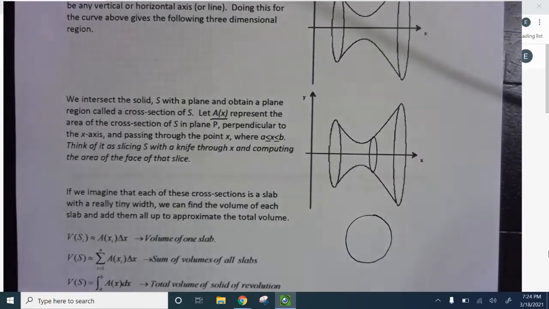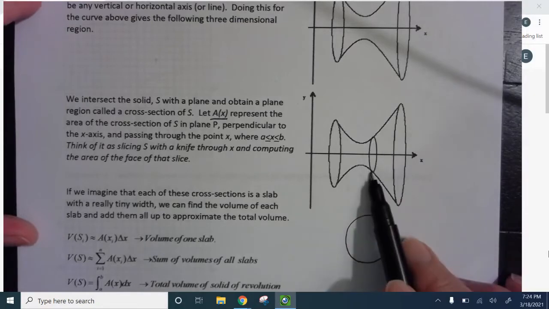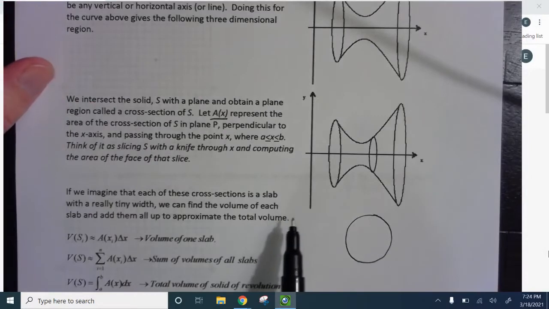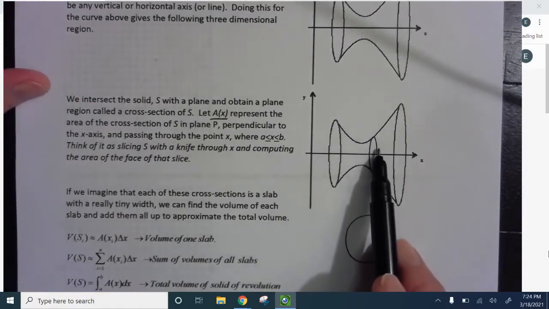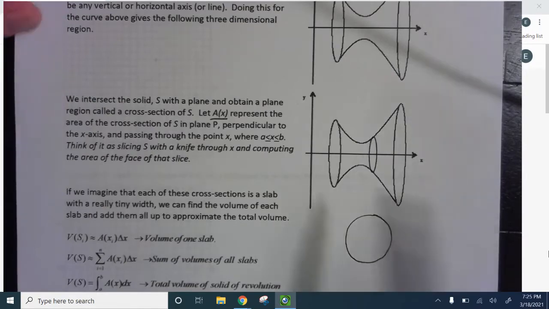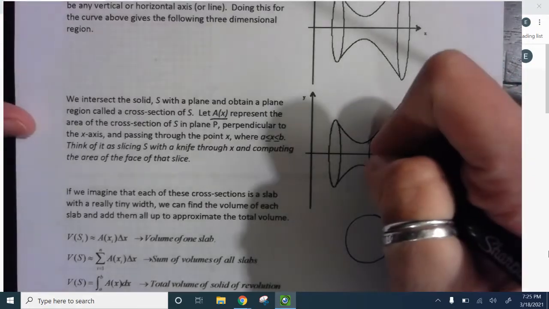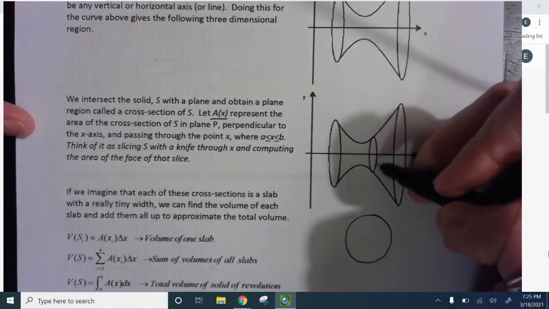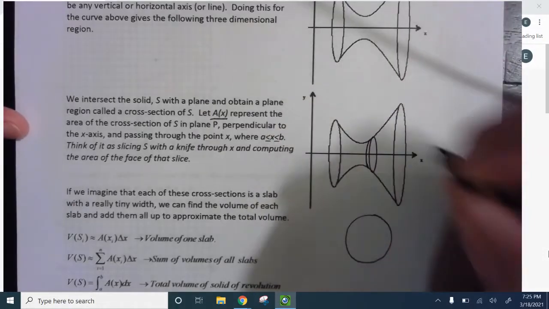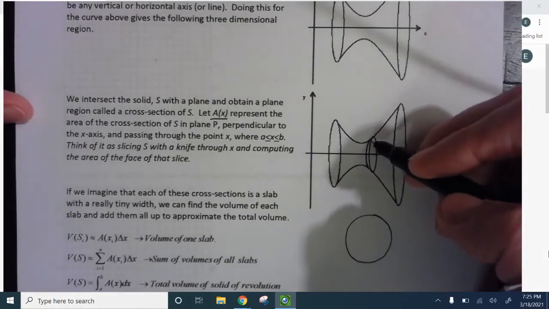In the case of this problem, the cross section is going to end up as a circle. If you take a knife and slice through it and open it up, it's going to be a circle. But we don't have just one single tiny thin slice here. We've got a whole bunch of them taking up this whole three-dimensional area. This definitely has a face, but it's also going to have some sort of height. So if I think about this little thin piece right here as being its height,